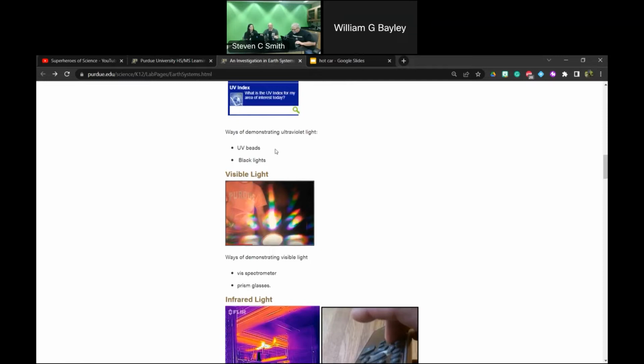And we'd start a big investigation about what's happening. But then black lights, if you're just doing it as a demonstration, I still use the black light from when I was a kid on the wall. And we still use that black light, turn that black light on, which emits UV, and it'll make those beads glow. And that's really a nice demo if you're doing it as a demo.